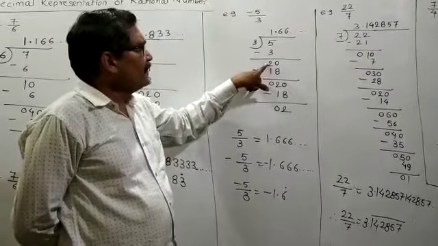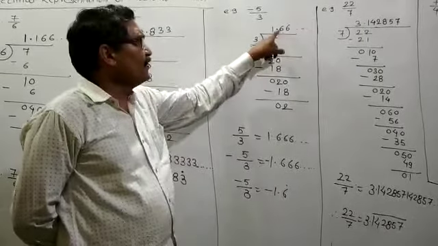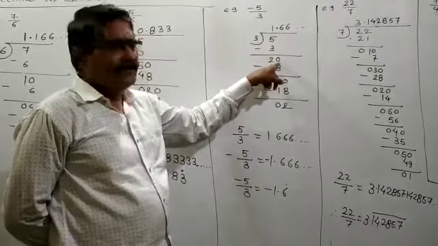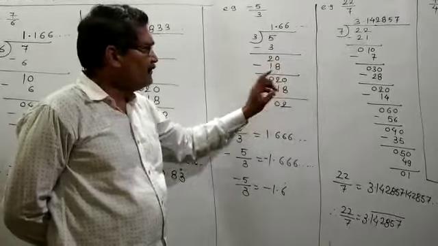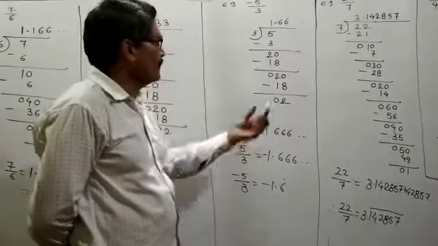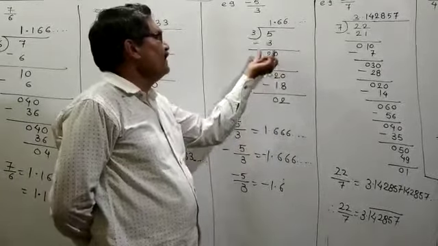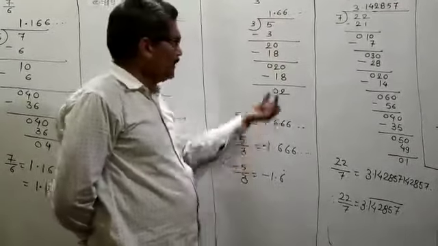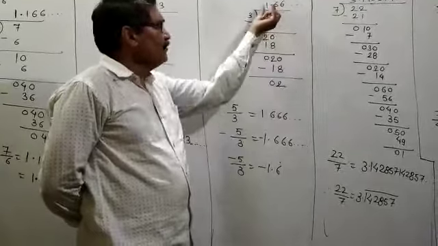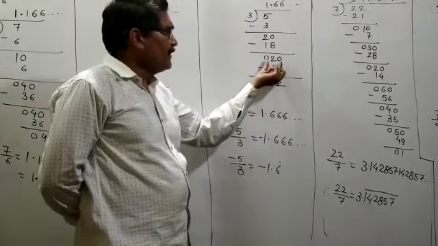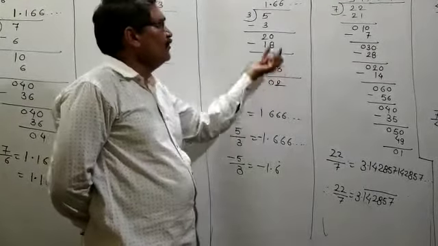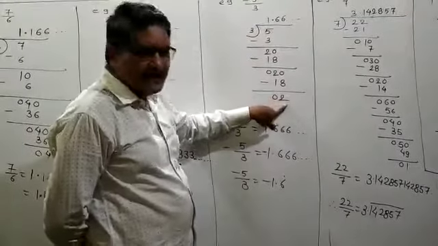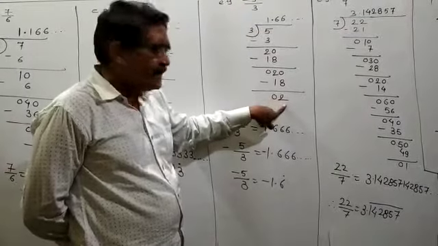Then no number is left to bring down, so you have to give the decimal point in this step of division. For each and every step of division, 0 will come down. Then this becomes 20. Then 3 sixes are 18. 20 minus 18 is equal to 2 again. Due to the decimal point, 0 will come here. Again 20 minus 18 is equal to 2. Means for each and every step of division, 2 will be the remainder.